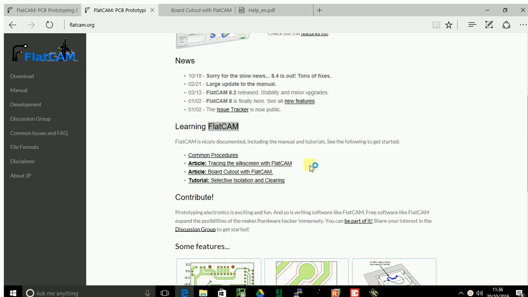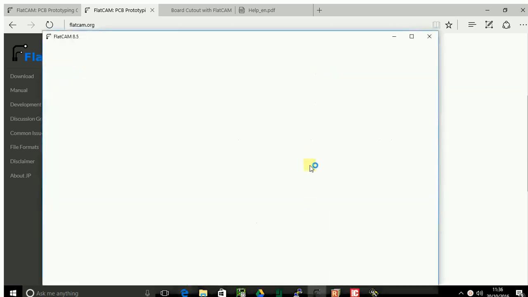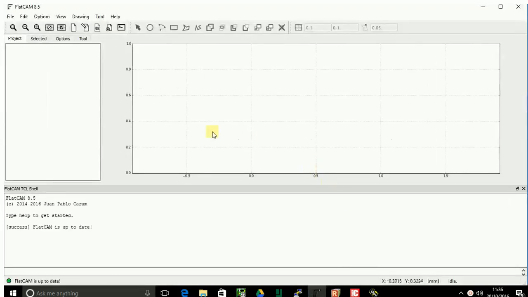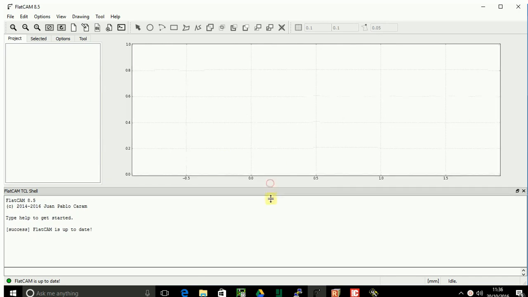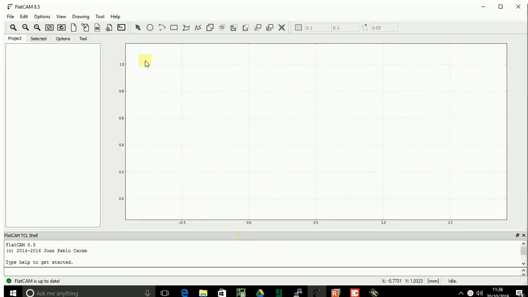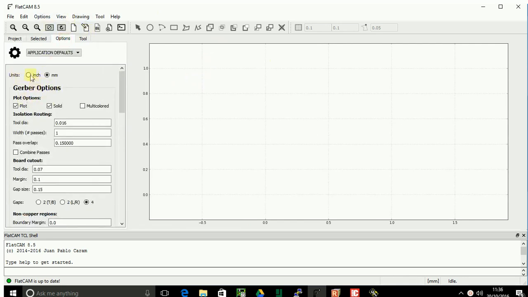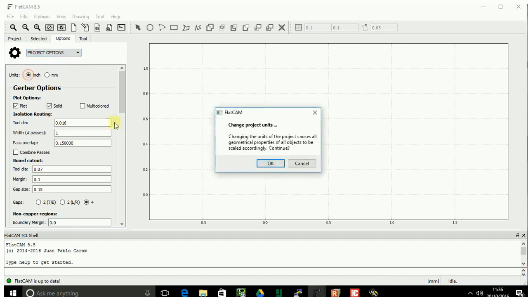It's coming anytime now. This is the interface of FlatCAM. Just move it down a bit. Now we need to select the project options. We need to select inches. We do this because